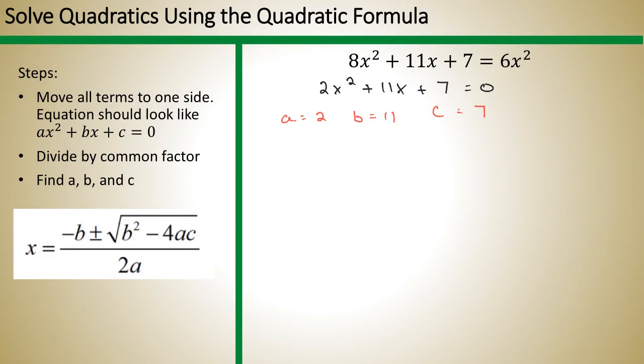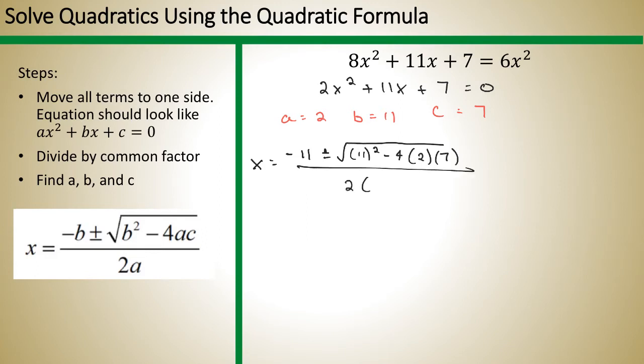So now if we plug those things in, x is equal to -b plus or minus the square root of b squared minus 4 times a times c, and then all of that's over 2 times a. So that's plugging into our formula. Now we just need to simplify. So let's simplify this part, and this part. So the -11 will just stay as -11,